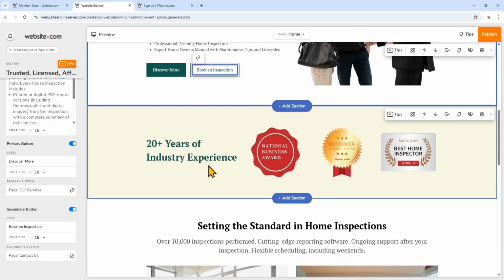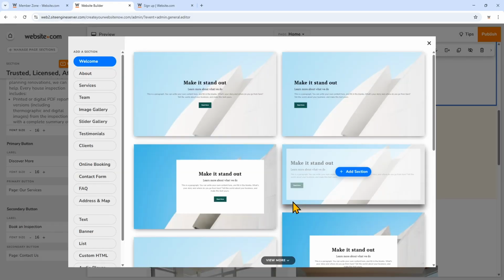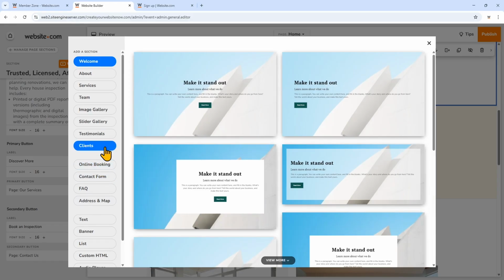Now you can include a section for adding logos of your verification seal, logos of third-party certifications or qualifications or accreditations. So this template already came with this section, but if you chose another template to start and you want to add this logo section, here's a quick tip. So for example, we'll click Add Section. And you won't see a logo section, but you will see clients.